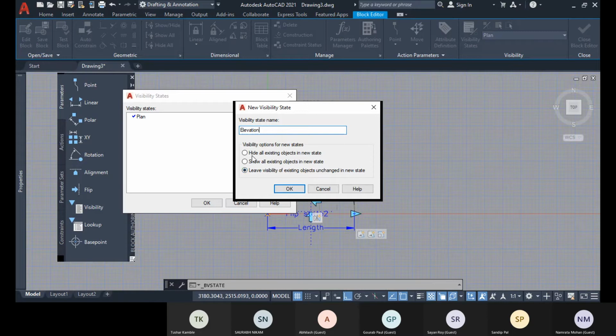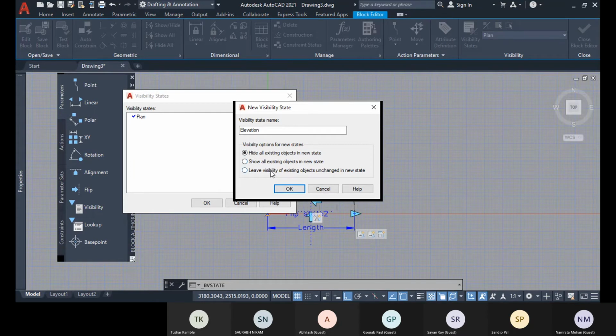Now what you can do is hide all existing objects in new state. You can hide and you go with new placement. Which one is suitable depends on your requirement, so according to your requirement you can select this option.